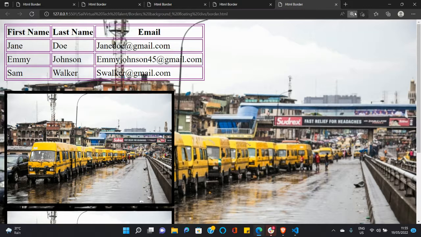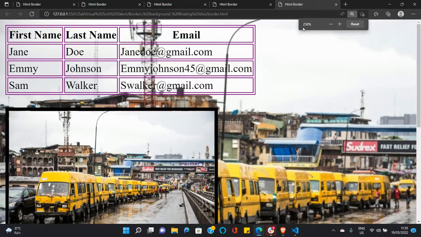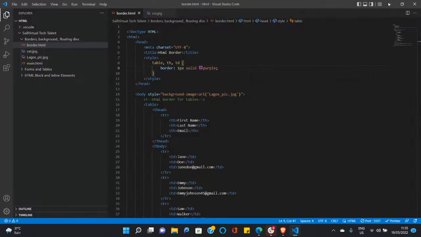Let's zoom in a little bit. So now you can see that there are borders around the entire table and they are not in black color, they are in purple color. So you can actually assign these colors like the way we learned today, either with the color name, the RGB color code, or the hex code. So let's use a hex code to do this, and let's also increase the thickness of this color. So we'd make this